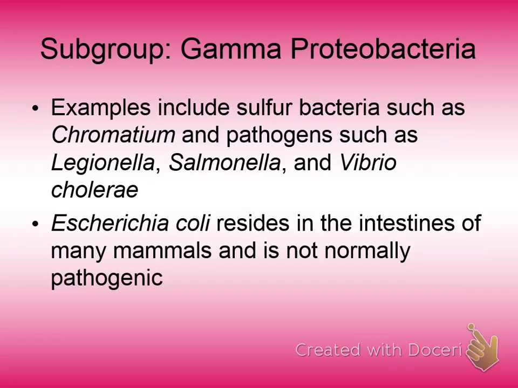Then we have the gamma proteobacteria, and things like Legionnaires' disease, Salmonella, cholera. Those are all diseases that at one point in our history were very, very dangerous. Now, Legionella, or Legionnaires' disease, really wasn't a factor until the 70s. They had a big convention, and people got really sick, and they lost a bunch of people because of Legionnaires' disease. It got in the circulation system of the motel. It distributed to all these people, and they got sick, and some died.